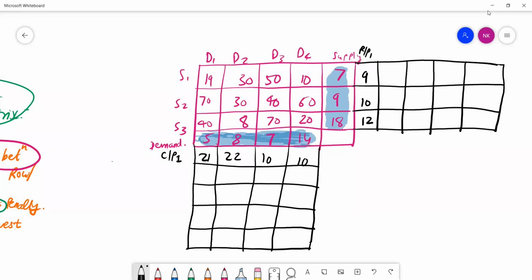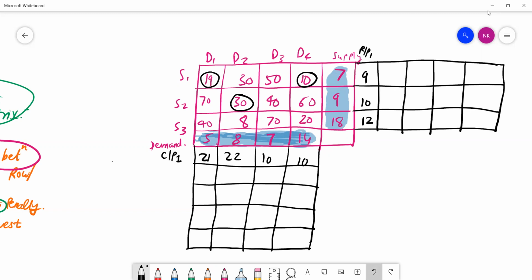Okay, fine. So what we have done here, those of you having any confusion can look over here. In row penalty 1, for the first step, we look for the minimum two values, the lowest two values. In this case, these are the lowest two values. Find the difference between them, 19 and 10. So the difference is 9. Same thing, look for the lowest two values in the next row. It's 30 and 40. Same thing, look for the lowest values in the next row. It's 8 and 20. So the difference is 12.